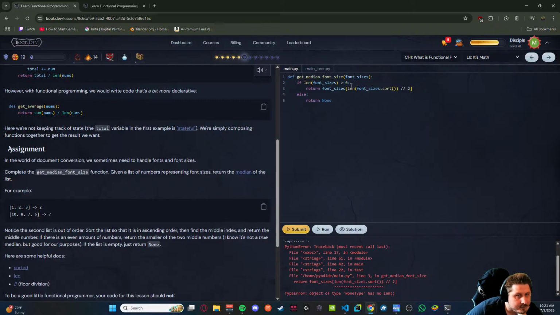If the length of this is greater than 0, I want to return the font size value. Doesn't help me now.